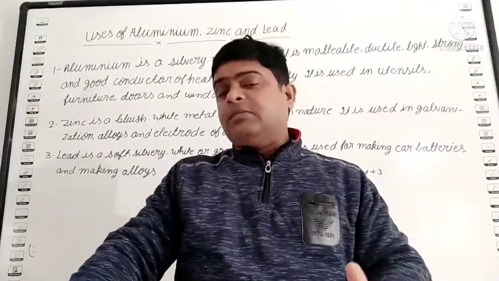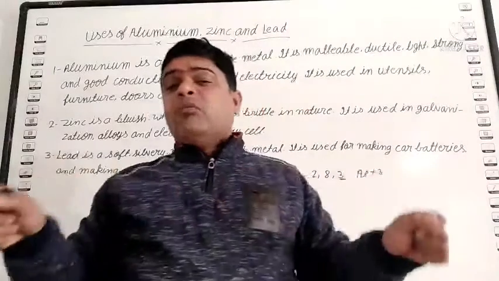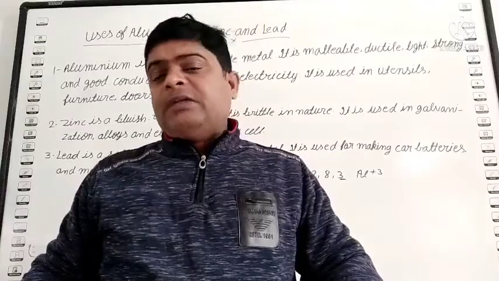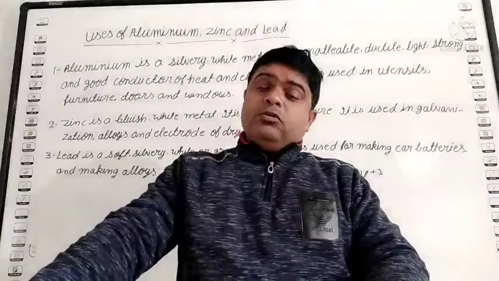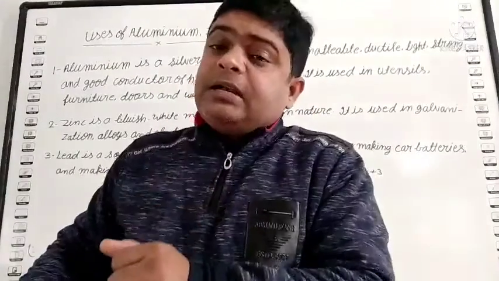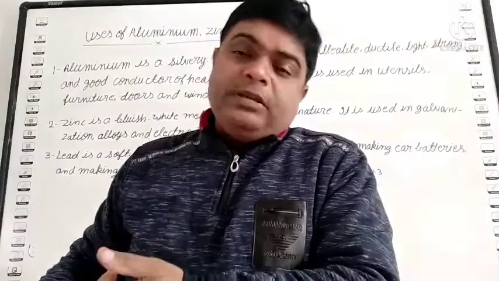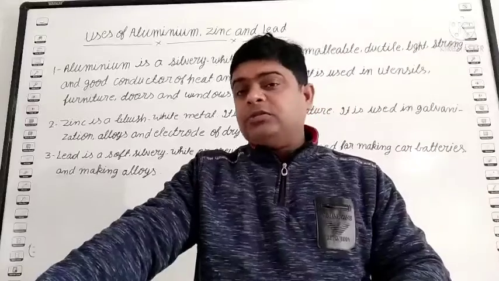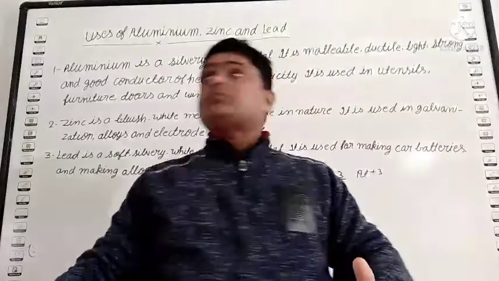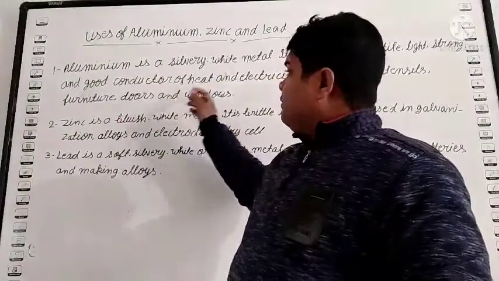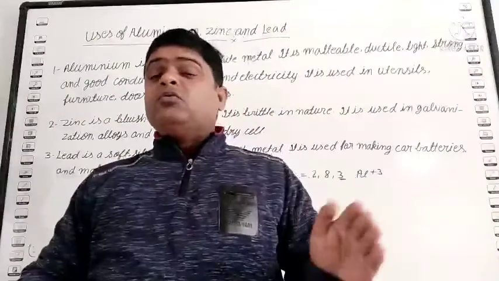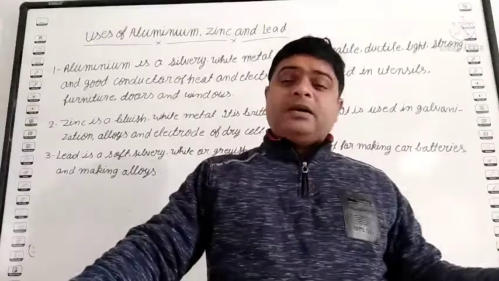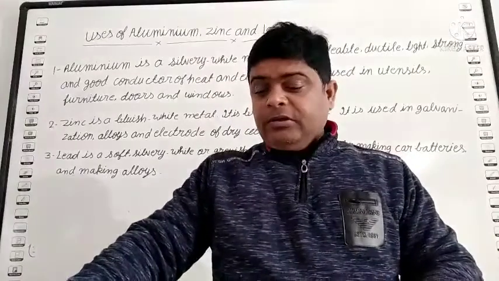So aluminium is good malleable, good ductile, means you are able to draw it into a wire. It makes a wire without breaking. This is the ductile property. Good conductor: you know, silver is the best conductor, second copper, third aluminium. Because aluminium is cheaper than copper, that's why we use the aluminium. Okay? And good conductor of heat and electricity means it allows electric current to pass. That's why student, in our transmission wire we use aluminium wire.